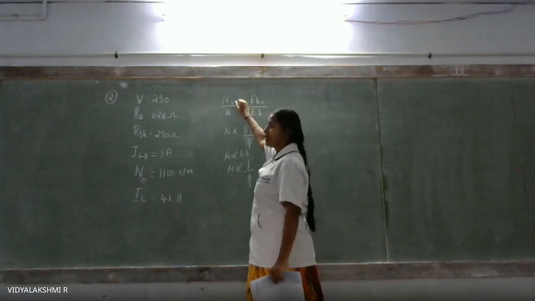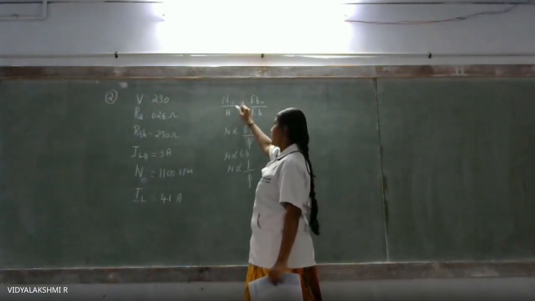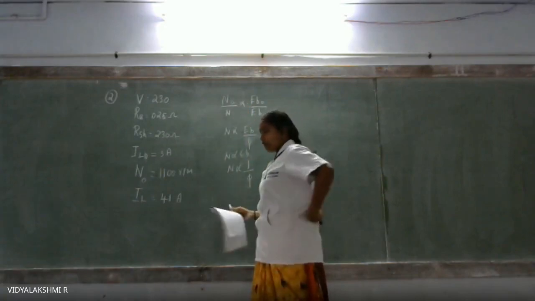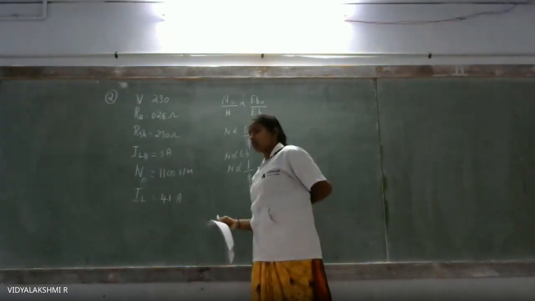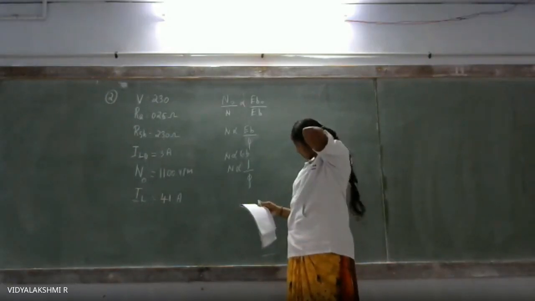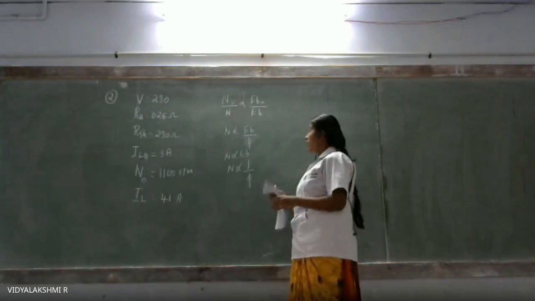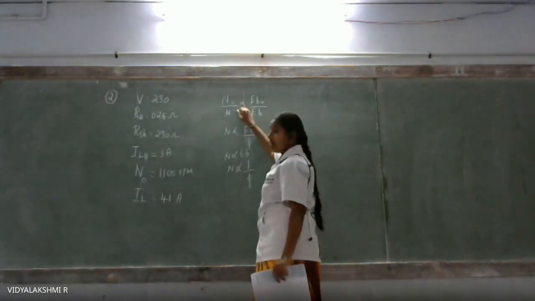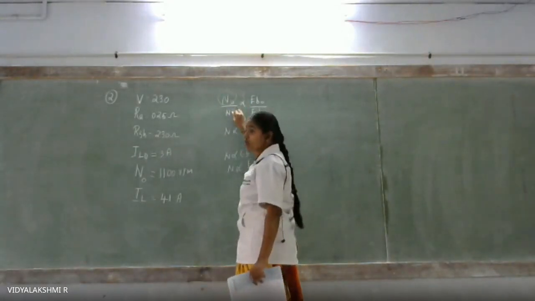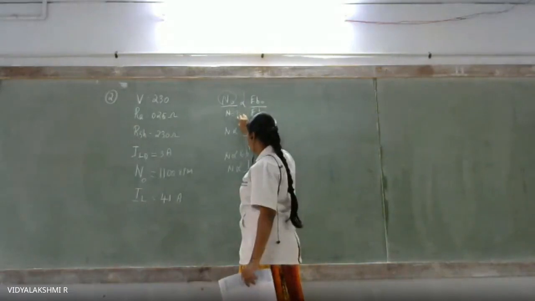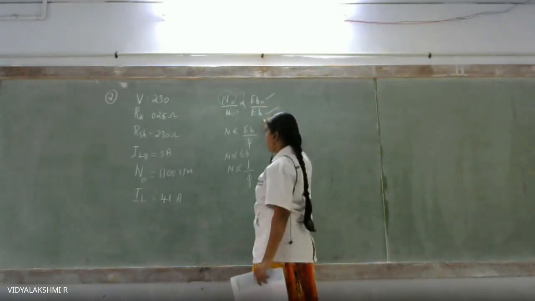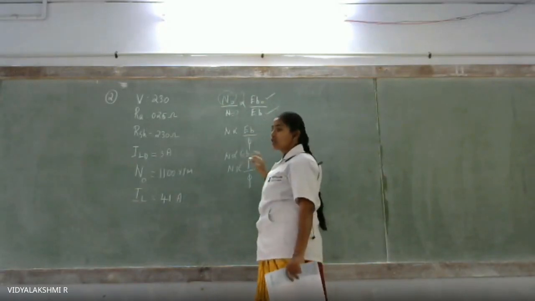So with respect to no load to full load, I have marked no load as naught and full load as N normal. Normally we have calculated in terms of full load. So N is equal to full load and then EB naught, no load to full load. Now I'm going to apply this formula. For this, we know that N naught, and I'm going to find out the full load speed. So I'm going to find out the N here. Before that, you have to find out the EB naught and then EB. If you know the value, then only you can find out the full load speed value.